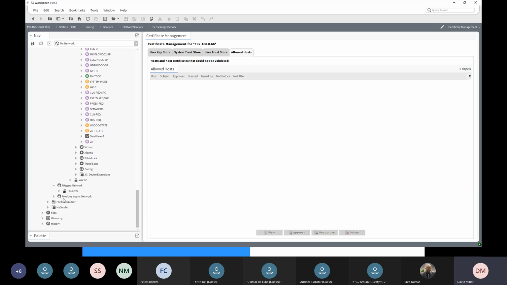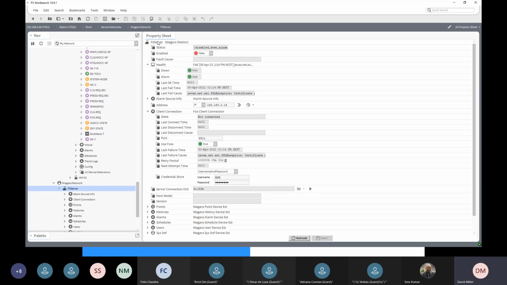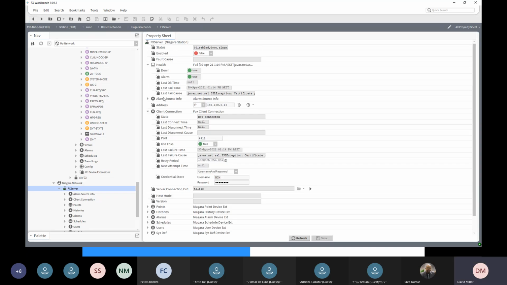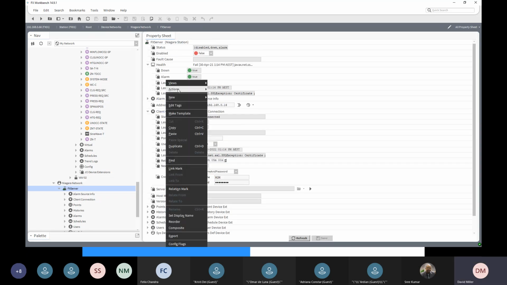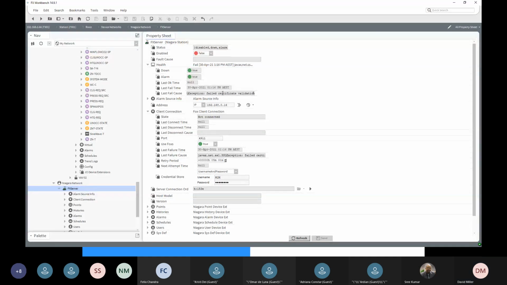Now if I come into my Niagara network, FX server, and try to connect. Client connection. Right click, action, manual connect. Okay, so it didn't like the